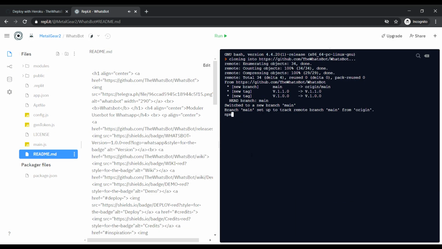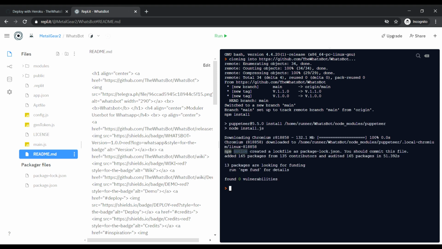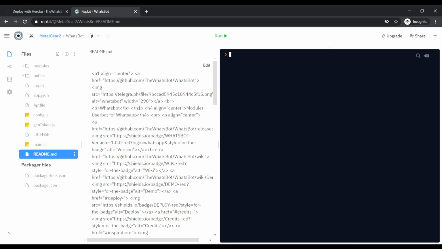After that write here npm install and install the dependencies. Okay, now dependencies are installed. Now clear that page and run node gentoken.js.